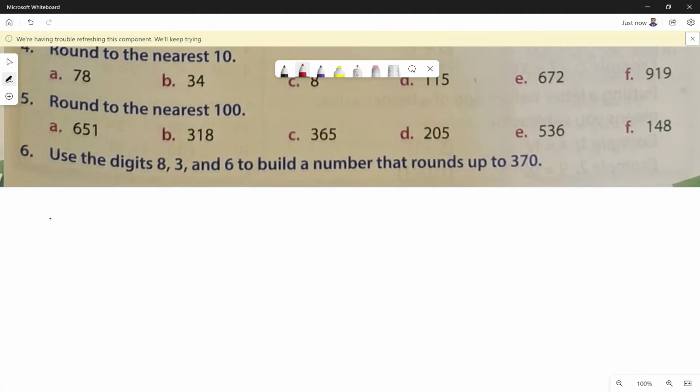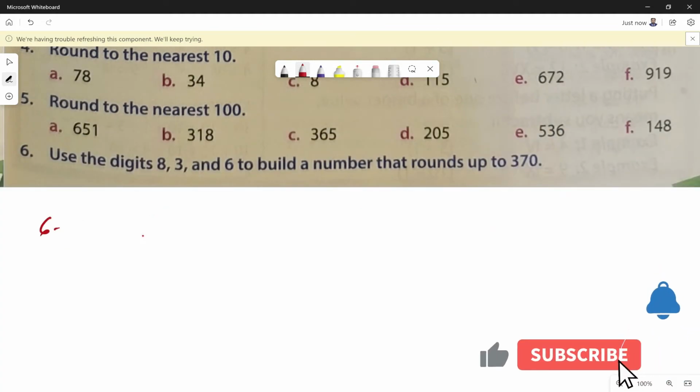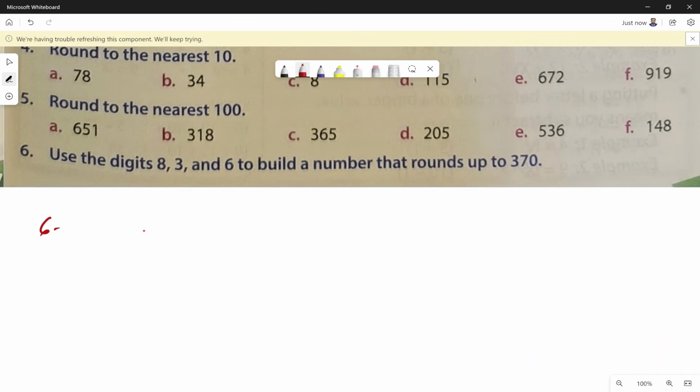500. Question number 6. Use the digits 8, 3, and 6 to build a number that rounds to 370. So we have a condition here. Using these three digits, we need to make a number which should not exceed 370. So the first digit we will pick is 3. The second digit should be less than 7, which is 6. And the last digit is 8. So using the three digits 8, 3, and 6, we can make a maximum number of 368, which is less